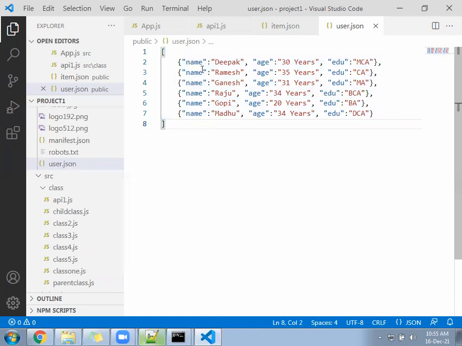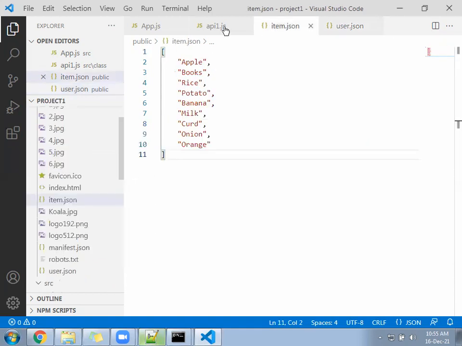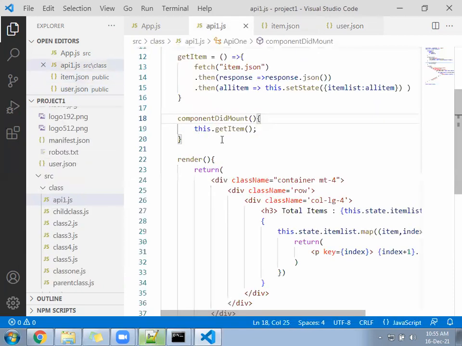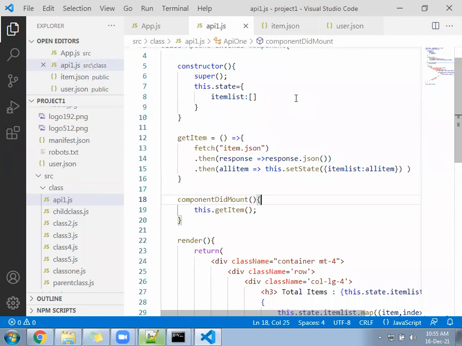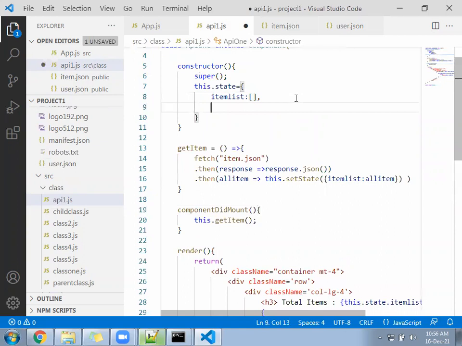Next, after that, we are going to work on the API1.js file. We are going to write one more array here.